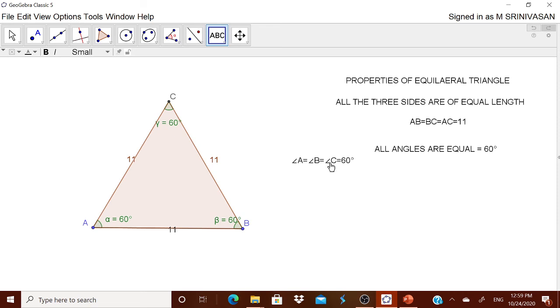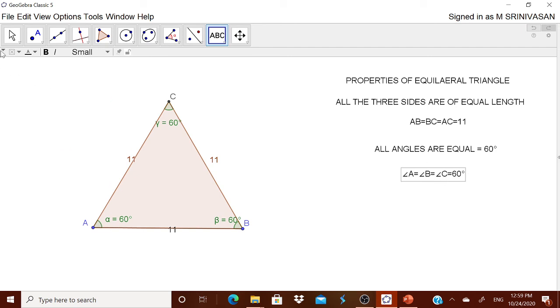Now I have given you only the property of the sides and the property of the angles. Now it is your duty, your job, to ask the children to explore more. Ask them to find the altitude. Ask them to check what that altitude does. And you can ask them to find the area also.